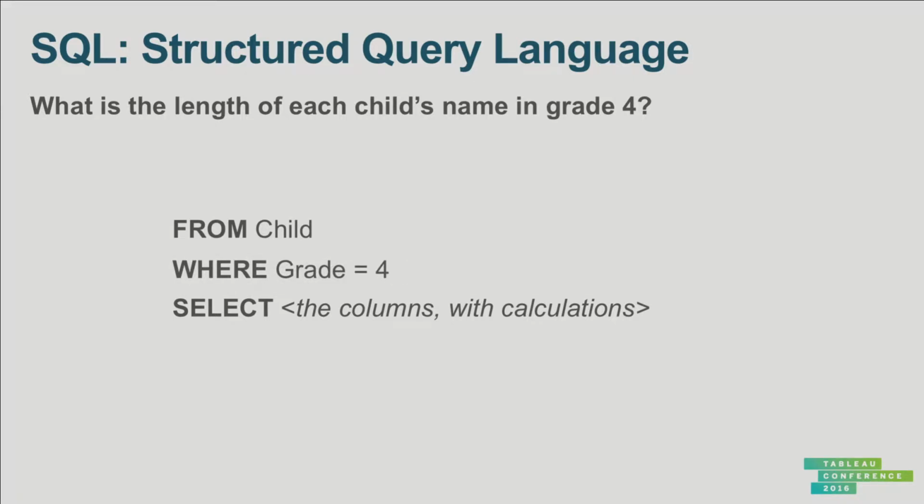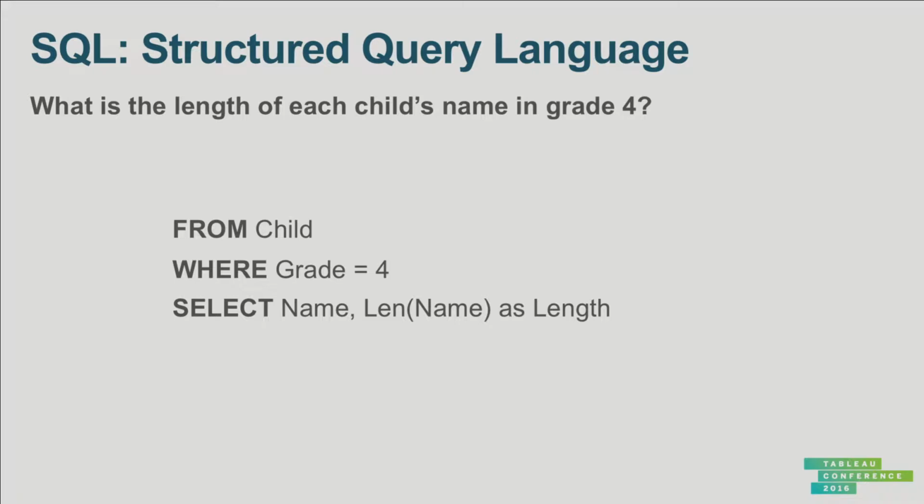And then the select clause, I name the columns that I want pulled out of the data, and I can also put calculations in that to create new columns. So in this case, I'm going to say name. I want the name column. And I'm going to say the length of the name as length. So this just says compute the length of the name and call that column length. OK? I could get them all if I want. I could put select star. You often see that. Select star just means all the columns.